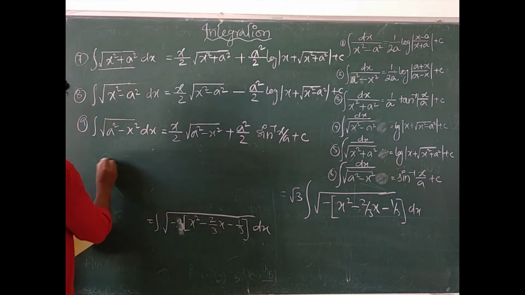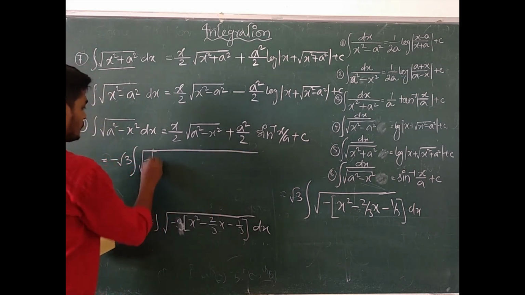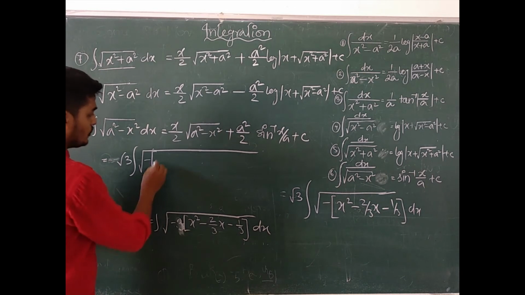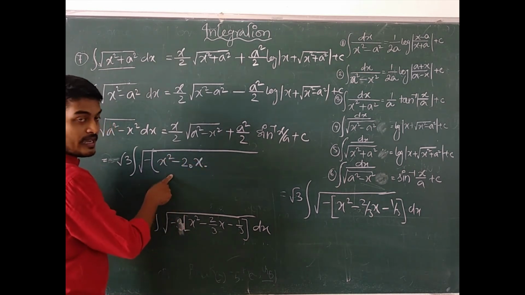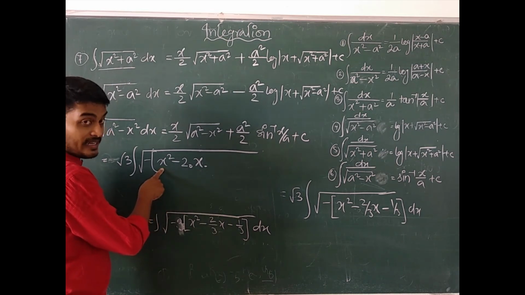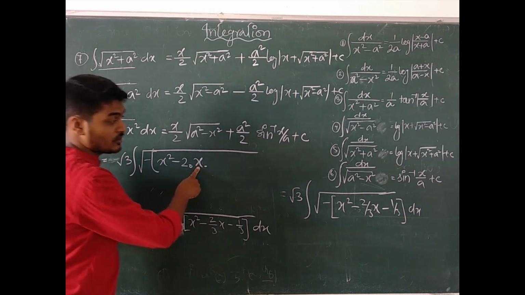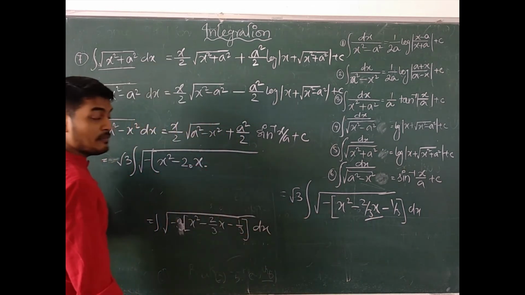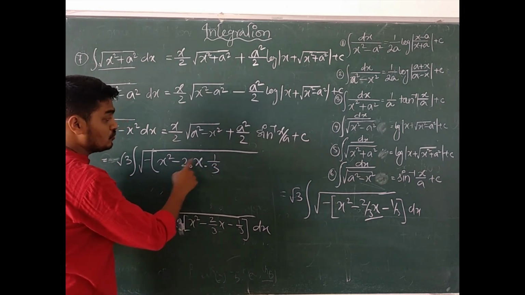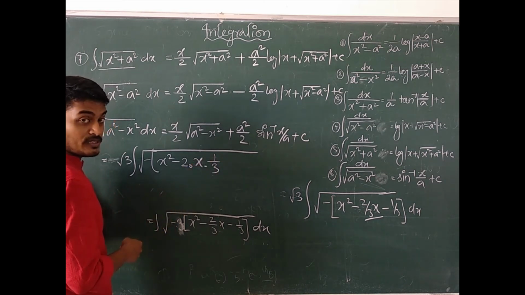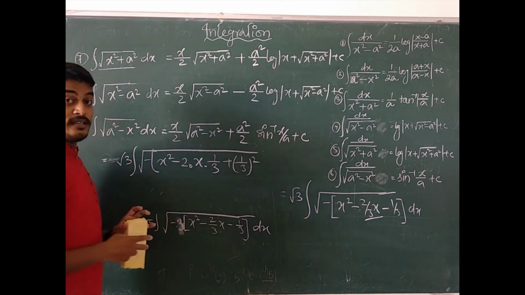So it will be minus root 3, square root of root 3. So completing square means a square minus twice a b plus b square. What is the value of a? X here. So what should be multiplied with this one so that you will get 2/3 into x? Obviously 1/3 multiplied, 2 into 1/3 x. Obviously you have got twice a b plus 1/3 whole square. So completing square